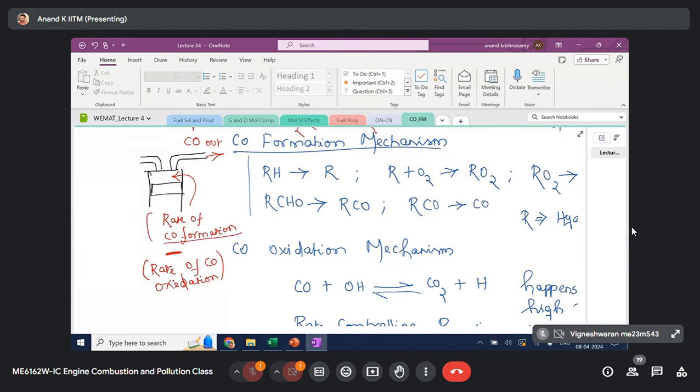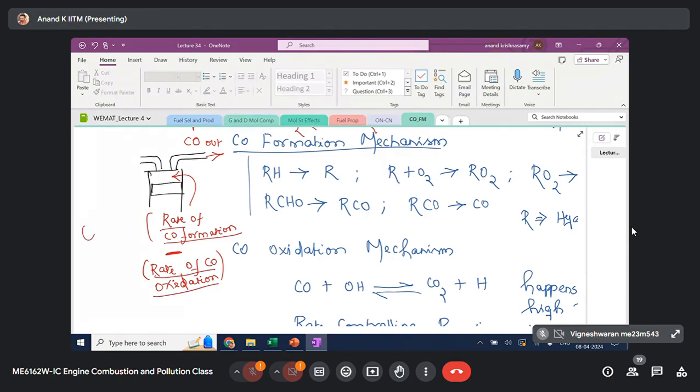The rate of formation of CO is very important because the time available for the engine operating cycle is limited, and it depends on the engine running speed. These reactions happen during a fraction of the engine operating time. So there is a formation rate. I use the word rate because this is time bound, driven by kinetics. Apart from the total CO formed in the cylinder, a considerable fraction of CO can also get oxidized. So there is something called the oxidation rate of CO.